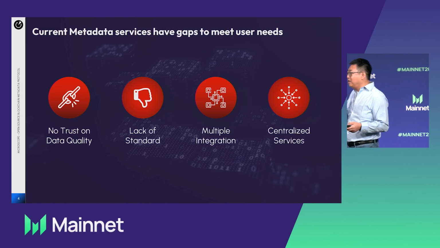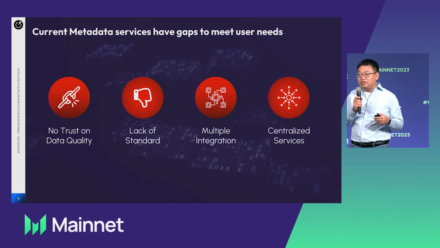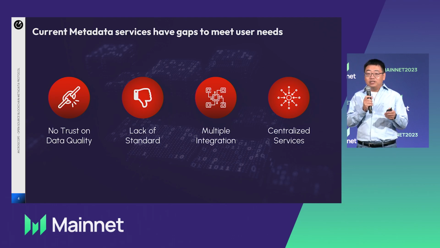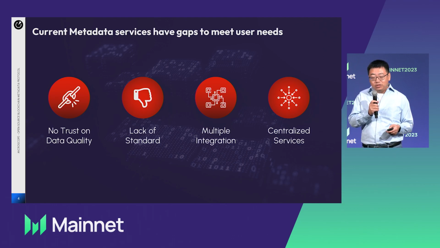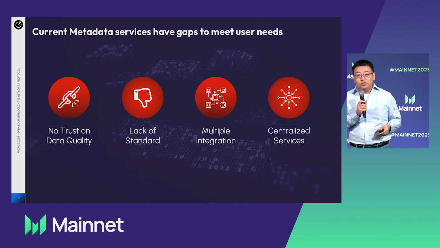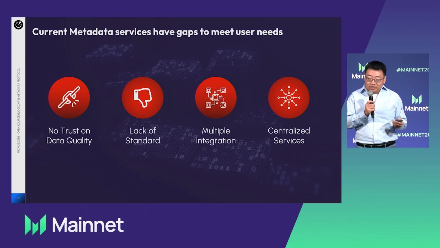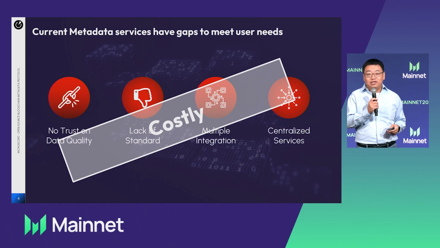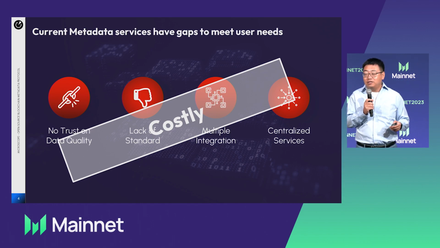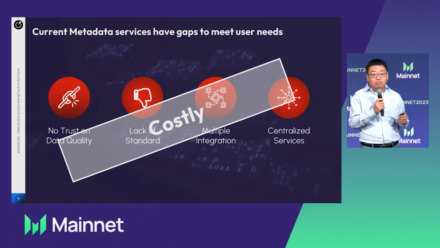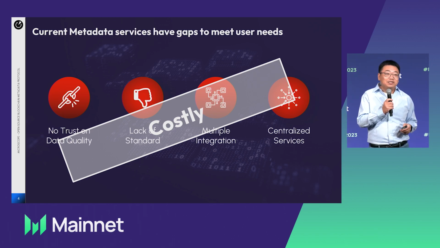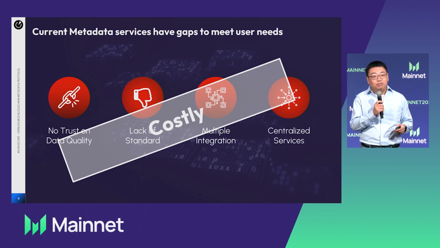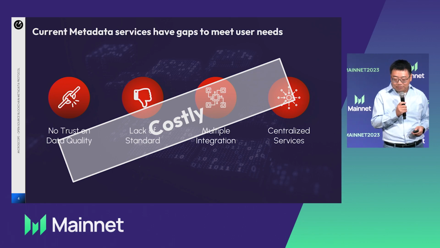The last one is that I noticed nowadays the service provider is very Web 2 style, right? Given any specific set of data labels, usually you have one centralized service to provide it. If it's down, then good luck, right? You need to wait for it. Most importantly, if you want to do a lot of analysis and integrate with multiple service providers, it's pretty expensive. And there's a reason, right? Because generating high quality labels is a very expensive process.